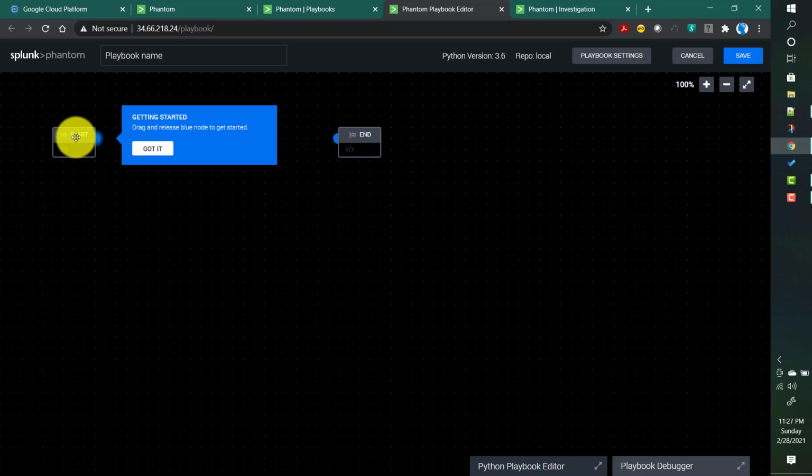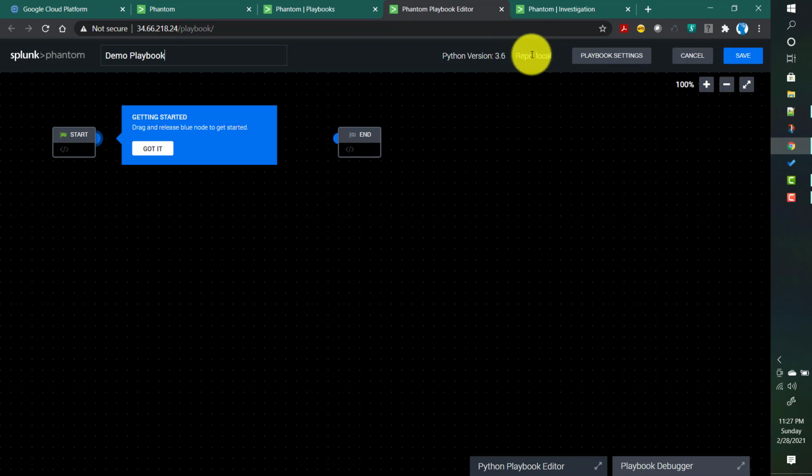Now if you look at the UI, the first thing is you need to give a playbook name here. Let's give it a name called demo playbook. Okay, so this will be our playbook name. The Python version you will be working on will be shown here, and the repository.